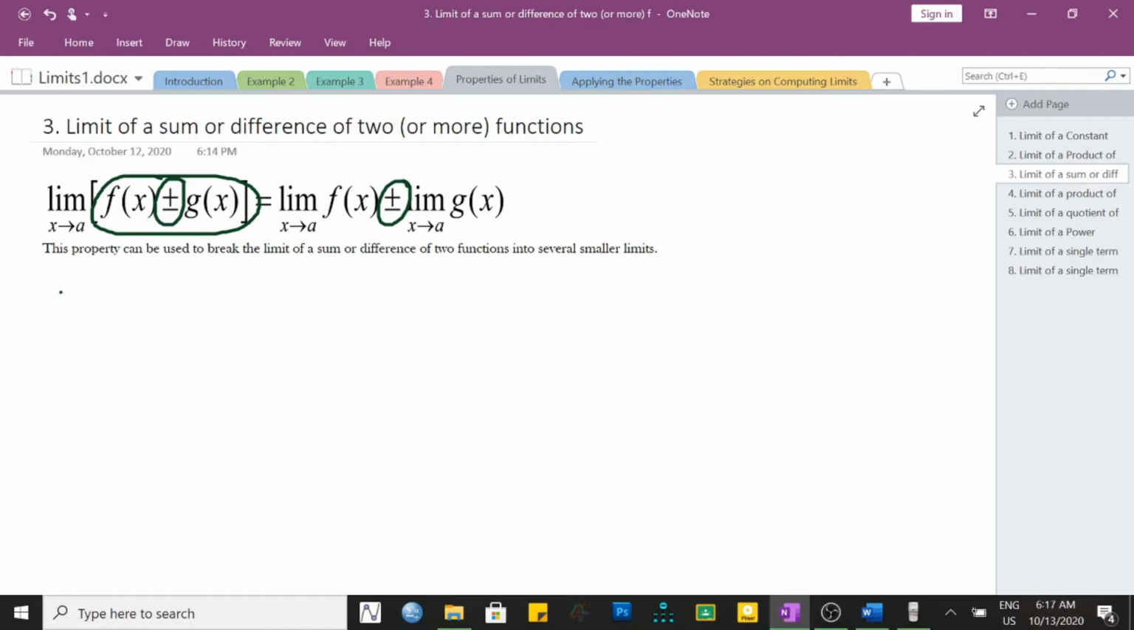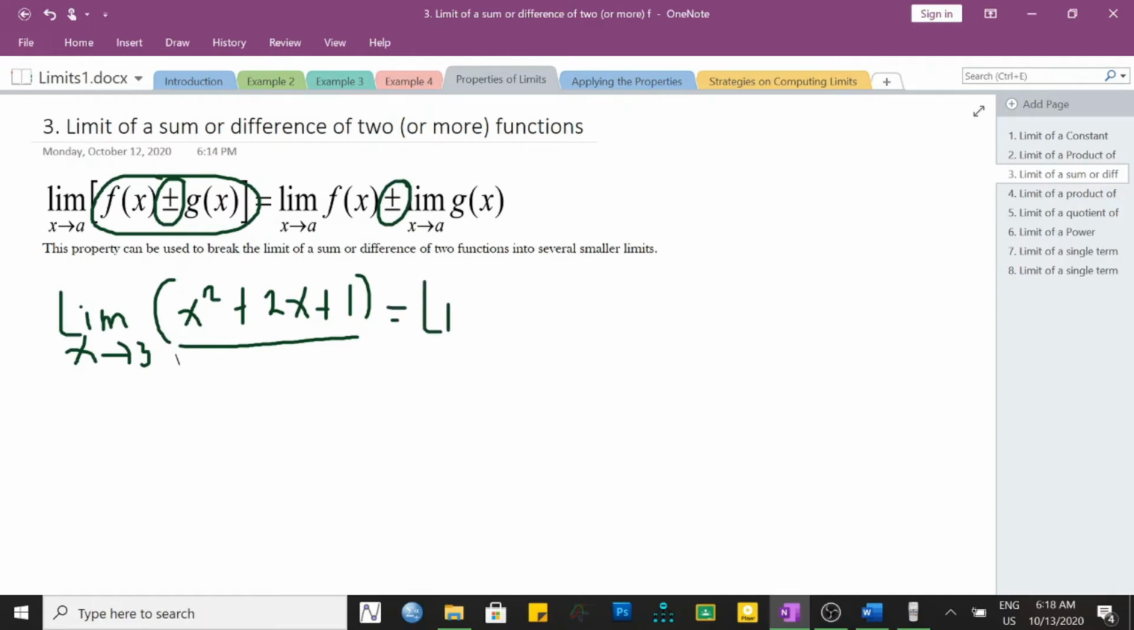Let's provide an example. Let's go back to that function we presented in the second property, that is x squared plus 2x plus 1 as x approaches 3. The function here is a sum or difference. It's a polynomial, actually. It has 3 terms. According to the property, we can separate them as 3 different limits. The first limit involves the first term, the second limit involves the second term, and the third limit involves the third term. We may write limit of x squared as x approaches 3